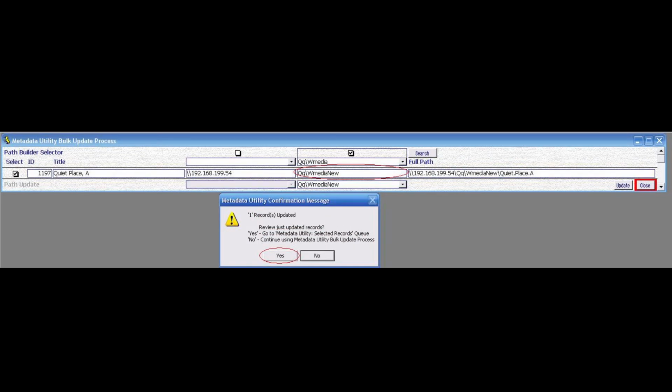And then we receive a confirmation message that the record or records that we have selected have been updated,